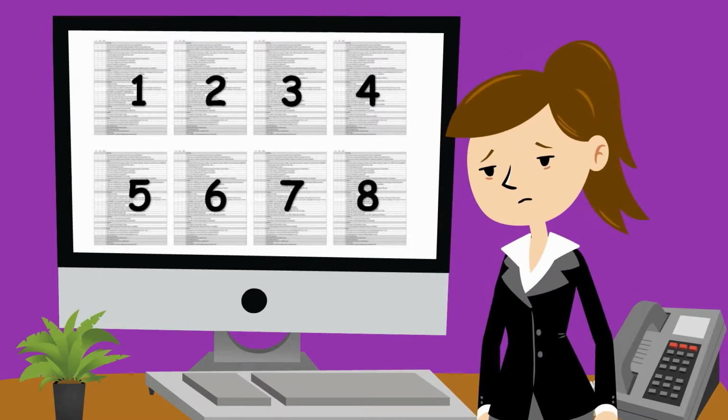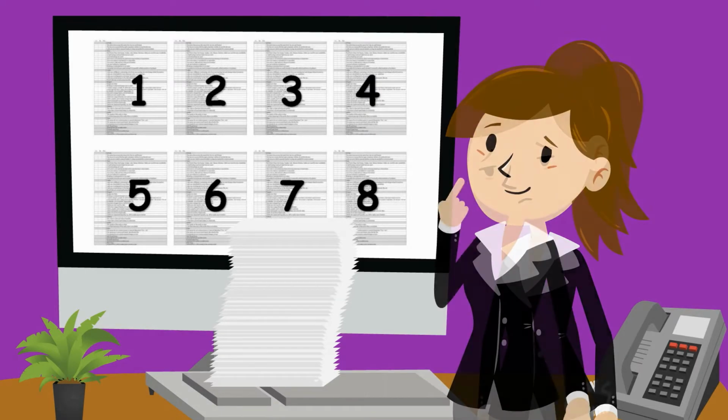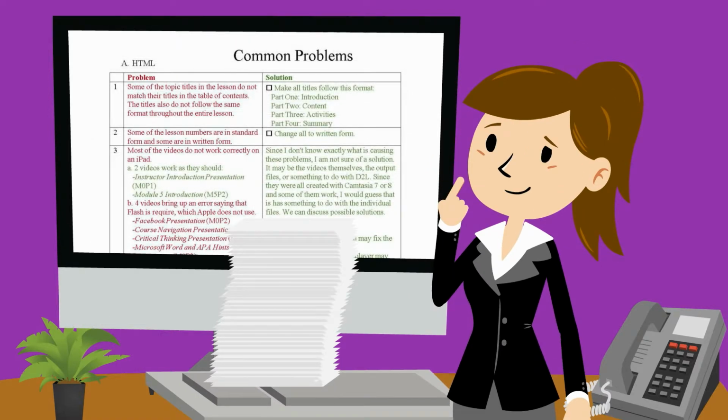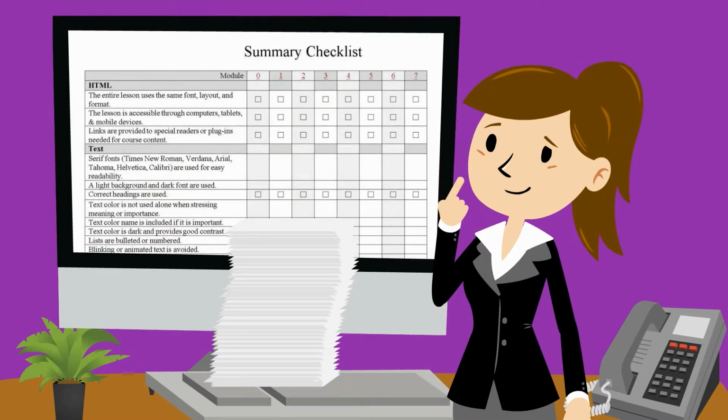When I put it all together, the final report was 30 pages long, and it was very complicated. I decided to create a common problem section, which condensed the problems shared by each module. I also made the report a SMART document, which made it easier to navigate. Even with these additions, my client still felt that it was too complicated and suggested that I create a summary checklist. This was an excellent idea, and it made it much easier to get a quick view of all of